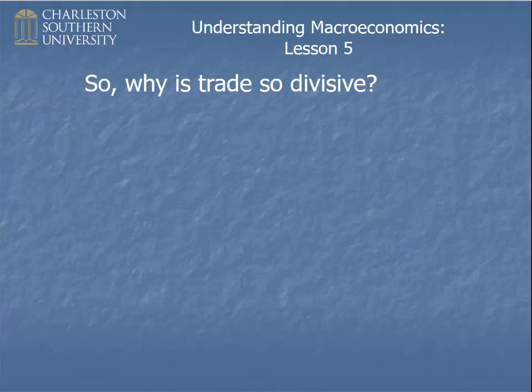You know, economics is a social science, and if you got a room full of social scientists, not just economists, but if you got a room full of, say, sociologists or psychologists or historians, and you ask them about some issue, the room would be divided on what the importance of the issue was, and so forth. But in the case of trade, economists are like 99% in favor of free trade. But if you got a room full of ordinary people, or especially a room full of politicians, you would find great division about whether trade is a good idea or not. And so the question is, why is that?